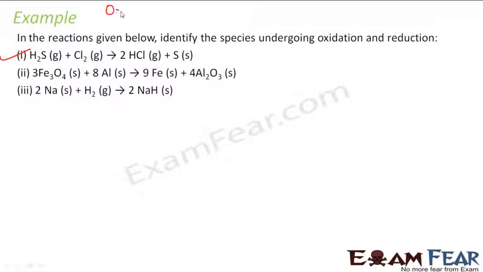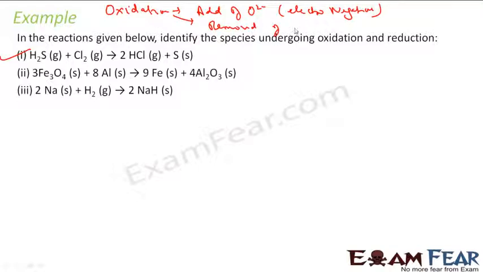So let me remember, oxidation was what? Oxidation is nothing but addition of oxygen, that is nothing but electronegative. This is one statement. Or removal of electropositive element. So this is my definition of oxidation, right? So oxidation means addition of oxygen. Oxygen is what? Electronegative. So that is nothing but addition of electronegative element. If it is addition of electronegative element, that also means removal of electropositive element. This is my oxidation definition. Reduction is almost just opposite of this.